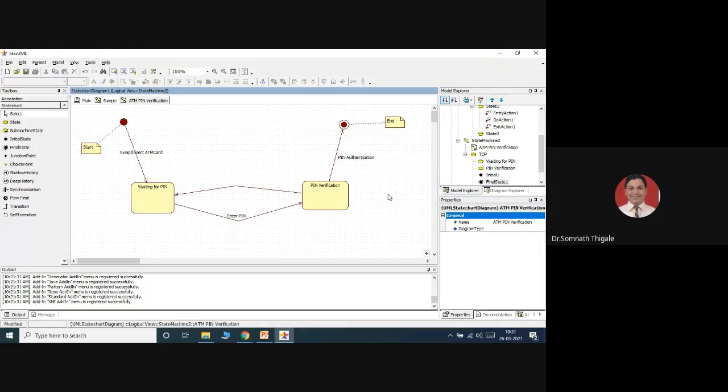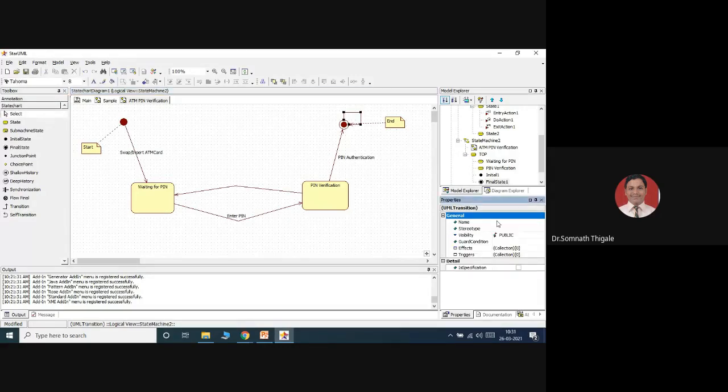You can just check this out. And the end of this activity is that the user is identified. So this end activity represents nothing but that the user is identified and will be allowed to go for further transactions. So I'll simply add here one event, a self transition event,